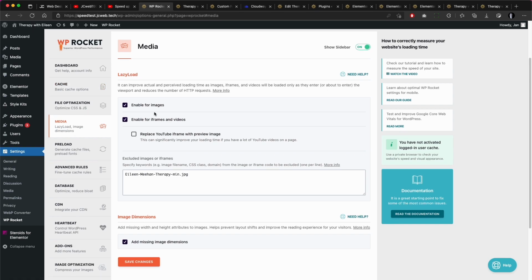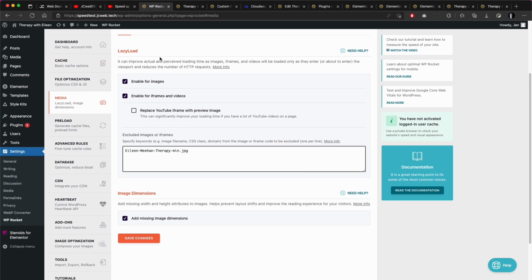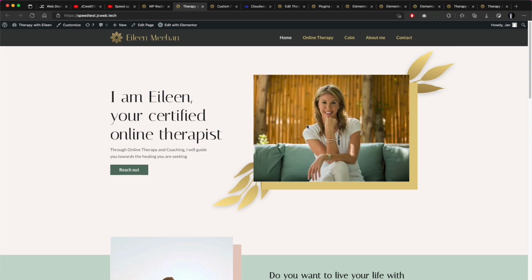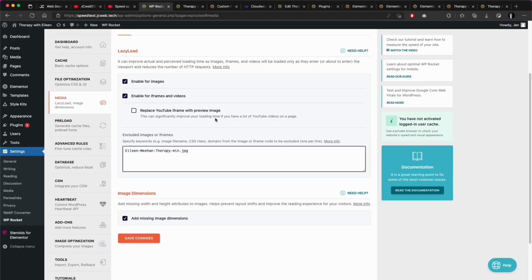For media, I'm using the lazy load from WP Rocket instead of the WordPress native lazy load. And the biggest benefit is that it allows me to exclude particular images. So if you remember this image, I excluded it from lazy load. It's not loaded with a delay, and I'm not penalized for the score, and it also instantly loads with the page